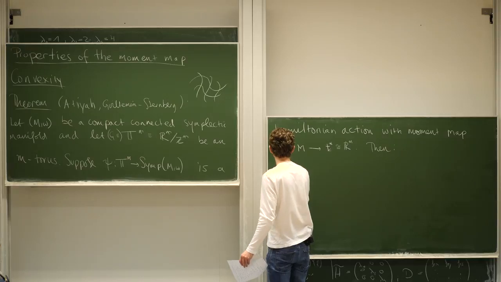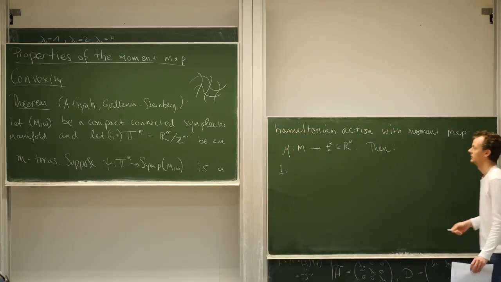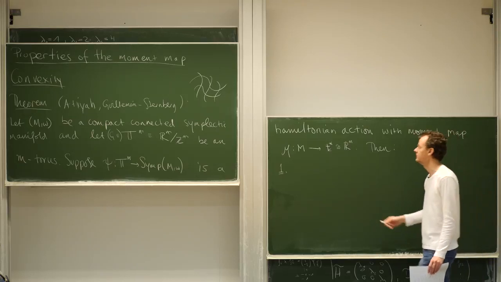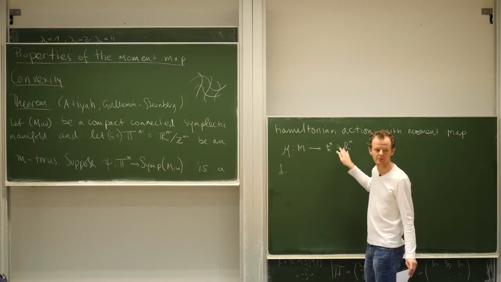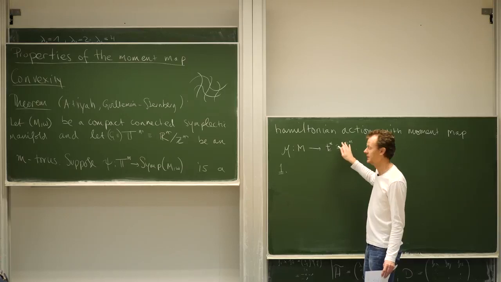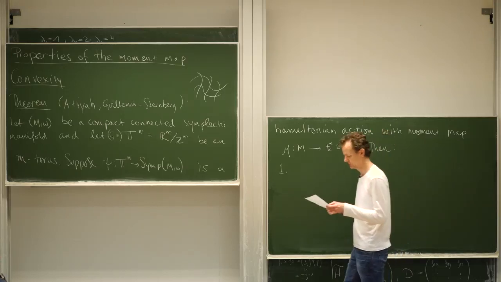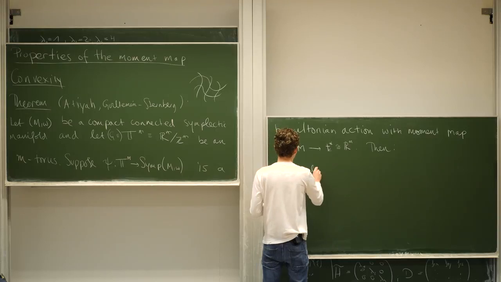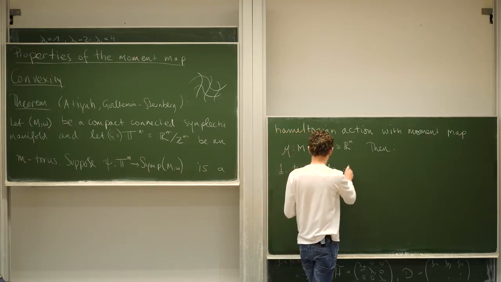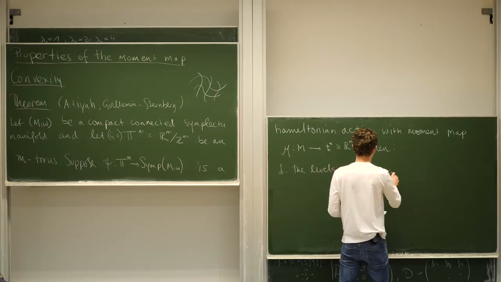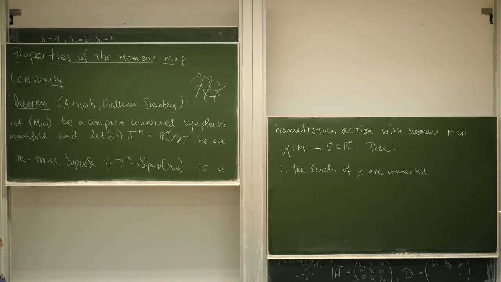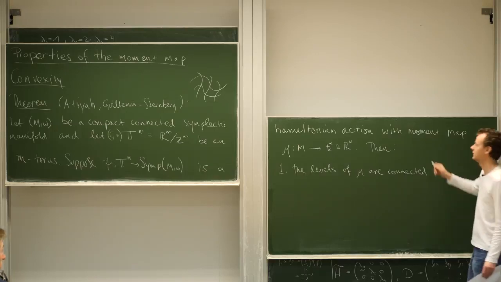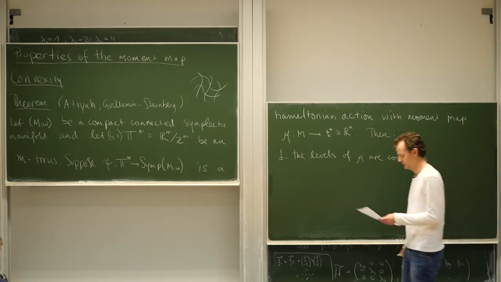And there's three things that we can observe about this moment map, the image of this moment map. So if you take mu acted on all of M, then it's going to give you a whole bunch of points inside of R^m. And this image, the image of M under mu, that's the object of interest here. Okay, the first observation is that the levels of mu are connected. It's not entirely self-evident. The second observation we make